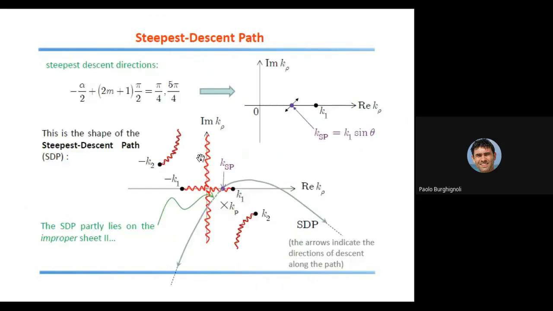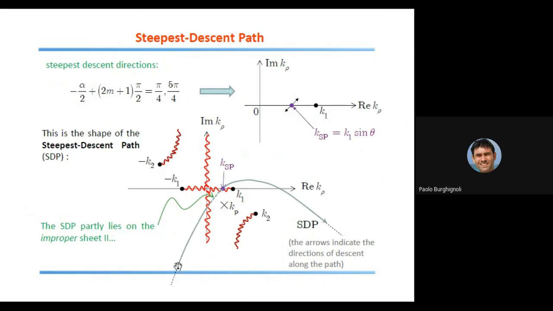Okay? The steepest descent directions can be calculated in terms of alpha, the argument of the second derivative, which was equal to pi over 2, and so the steepest descent directions go as in the upper figure, as indicated by the two arrows. And so you can see this is the shape of the steepest descent path. It is represented with a gray line that originates from the saddle point at k1 sine theta here in purple. And those two steepest descent paths go